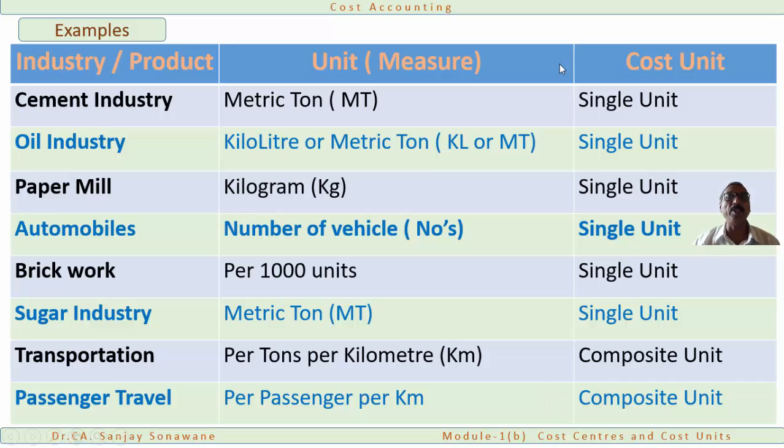So this is the main measure, and working is required when we are preparing a cost sheet. We require a unit column also. In the unit column, we have to identify what the measure is, and accordingly we can prepare a cost sheet also.